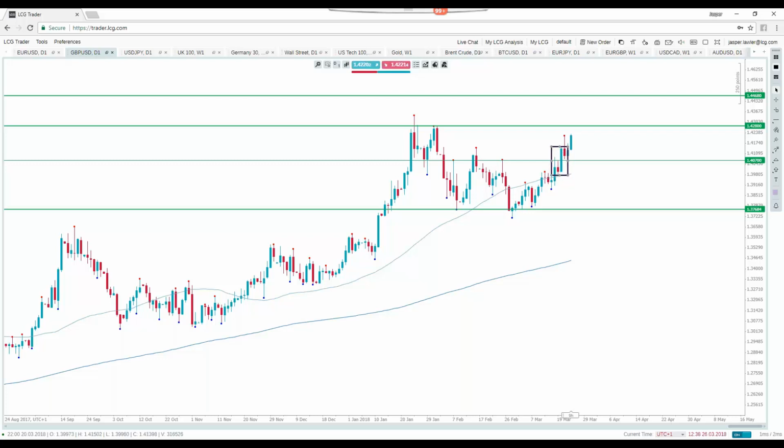No clear-cut opportunities at the moment, other than that we had this inside day breakout here. This was also in itself a bearish, bullish engulfing pattern, and then we've again here had an inside day, and then we're having a bullish breakout of that inside day at the moment. So quite a few bullish patterns on the daily candlesticks to get involved on this shift into kind of higher gear, especially as we've moved above this 50-day moving average. You can see it was kind of capping the prices, and then we got that bullish engulfing above it, taking out a few days' highs, and we've been looking quite good since then.